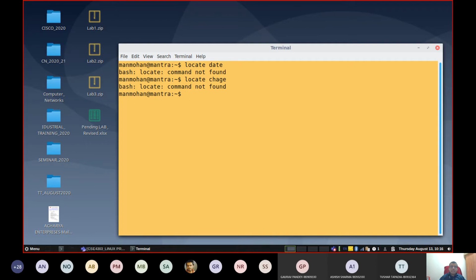One more point to note here: the locate command is a command which you can install separately from your Linux distribution also.